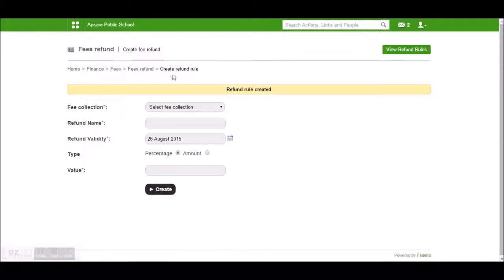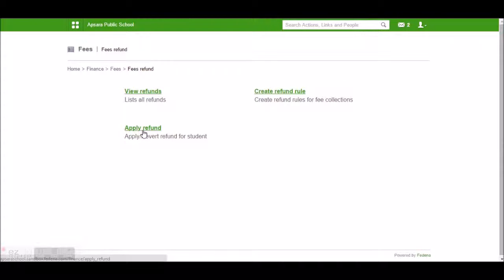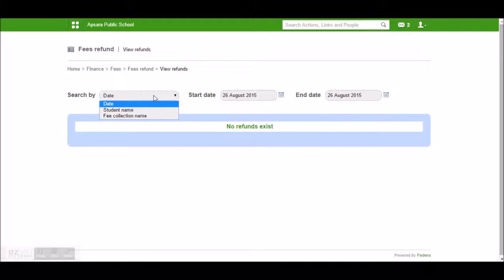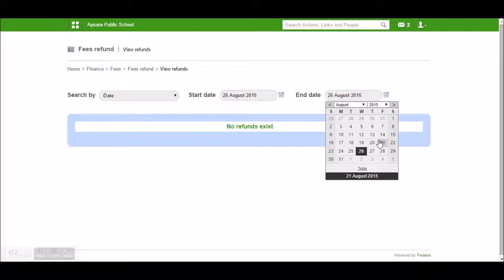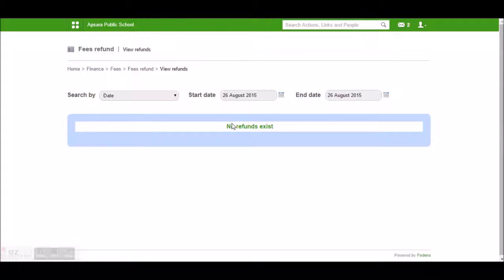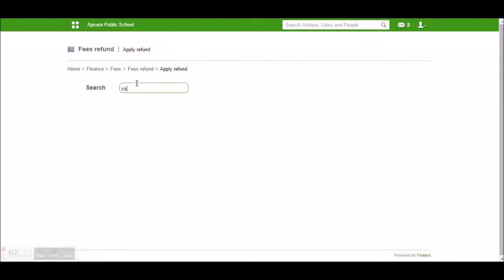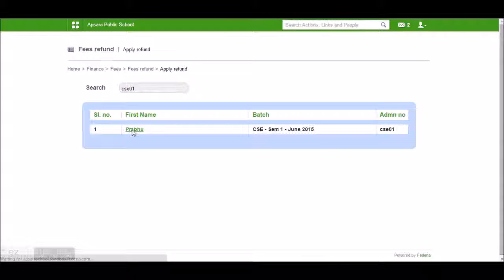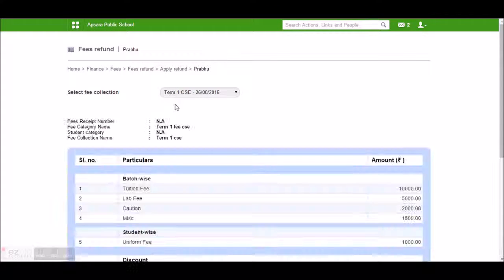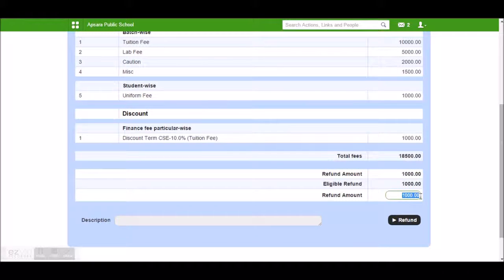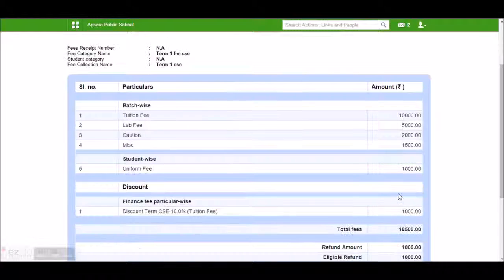After creating a refund rule, we can go for applying the refund. Before that, we can view the refund. When we select, this particular option will list all the transactions that happened under this particular refund. So we can go for applying refund first. We can select student name like this, and we need to select the fee collection,